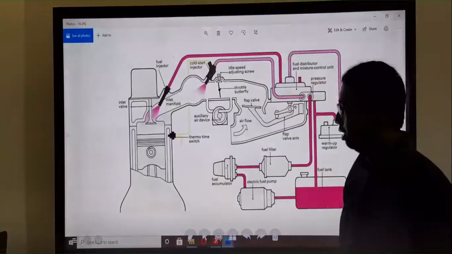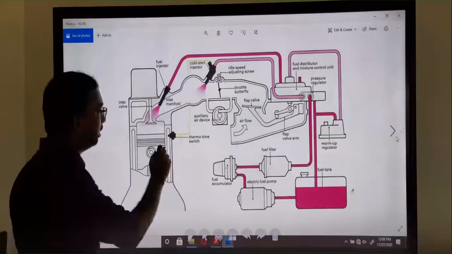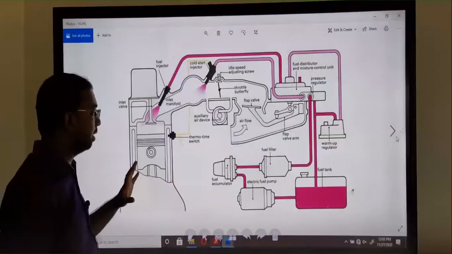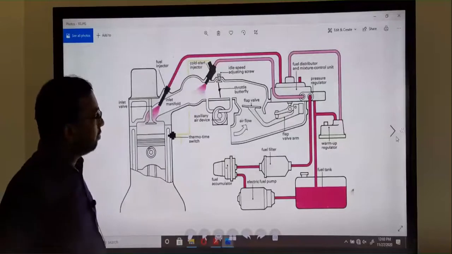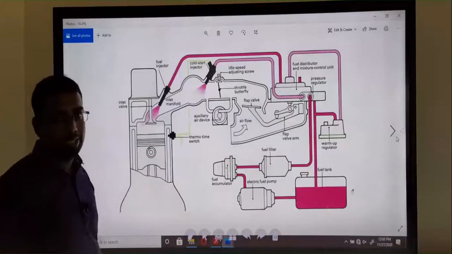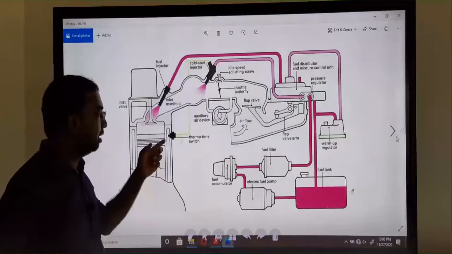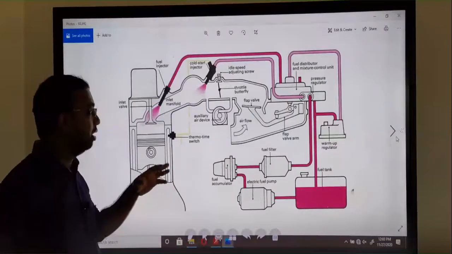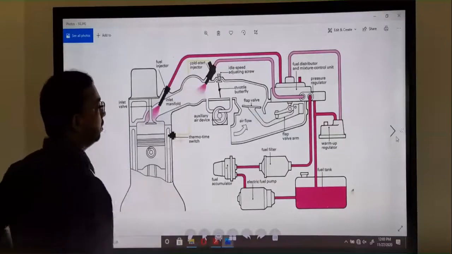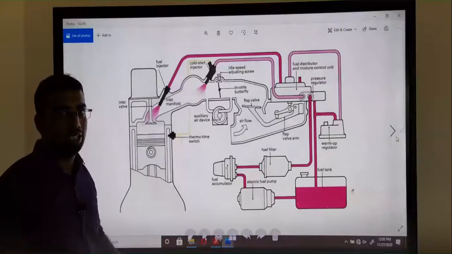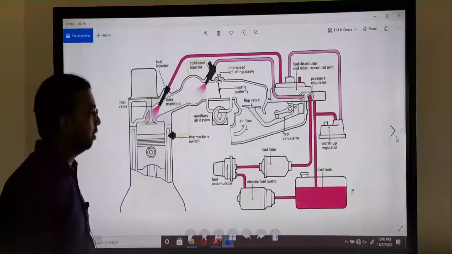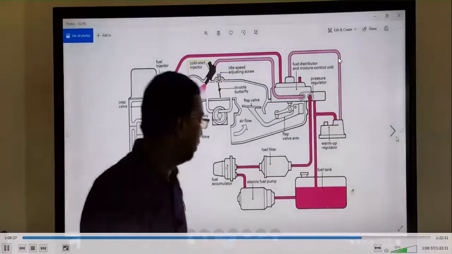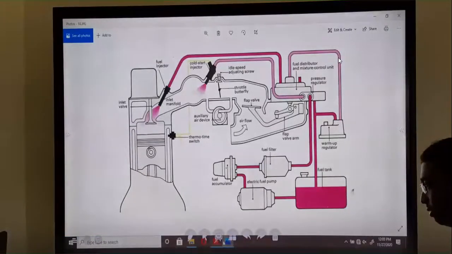okay. So this thermotime switch is normally closed. I explained clearly separately. So it sends a signal to this cold start injector. So this temperature is low. That time, the cold time, this temperature is low at a particular level. This thermotime switch sends a signal to the injector. That time the injector starts to work. This sensor starts to work, okay. So now we can study how this thermotime switch works, okay.